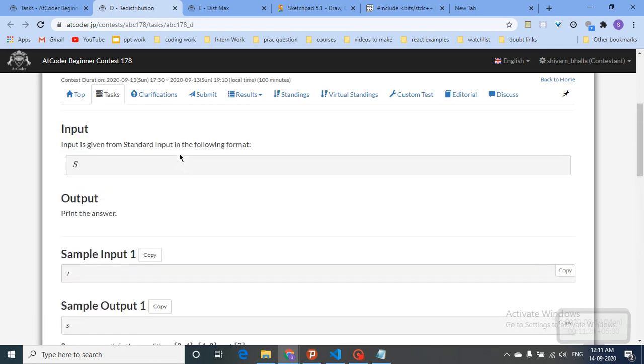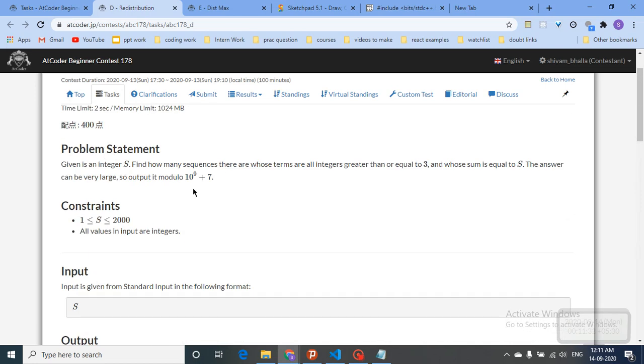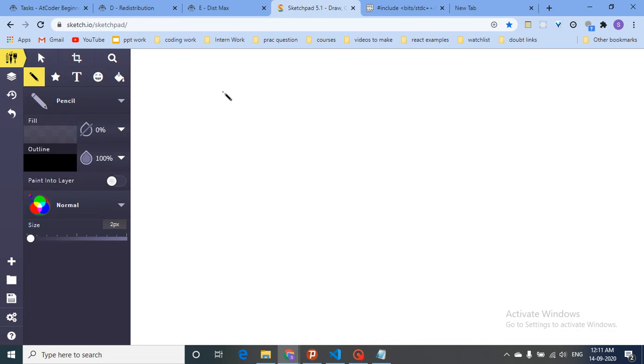So now this is a pure DP question, you can easily understand this. How do we apply DP here? Let's assume I have 7 and I have to find how many sequences there are with 7. Or let's assume I have a number equal to 5. If the number is less than or equal to 2, like 1 or 2, the answer is 0 because the sum cannot be 1 or 2. If the sum is 3, 4 or 5, then the answer is 1.